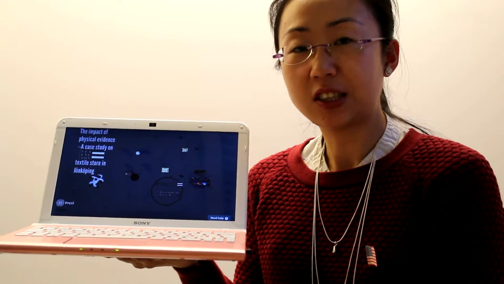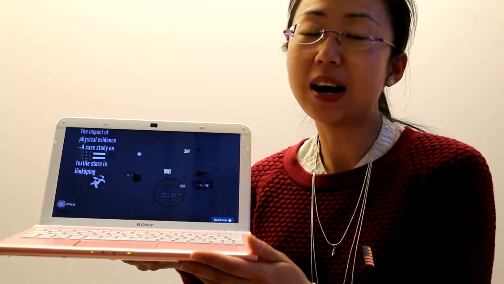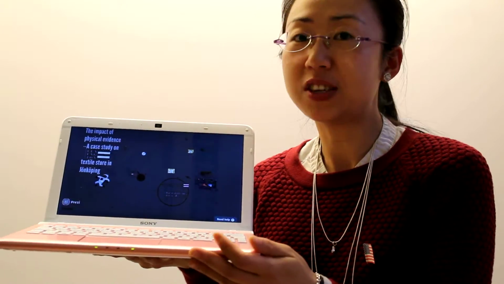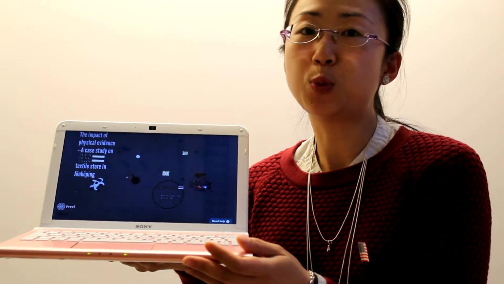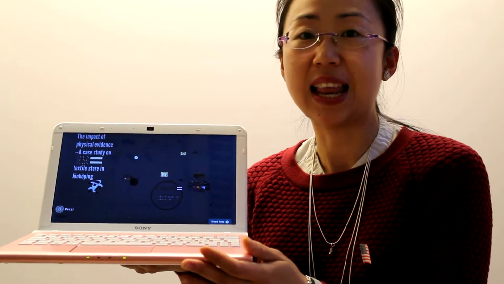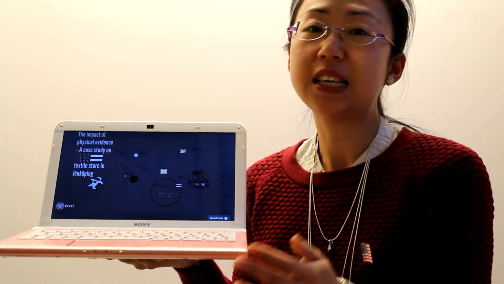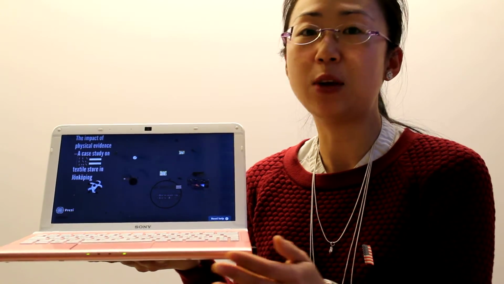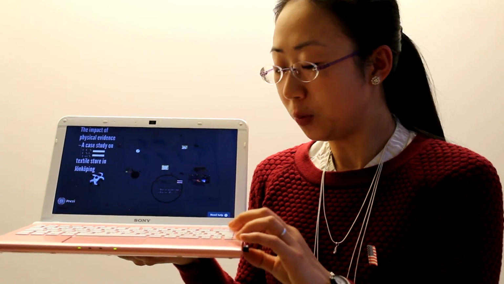So overall, this is the whole journey of our Lexington store shopping. We have to mention that there are some limitations to our project, such as we don't have first-hand data like questionnaires or interviews with employees and customers. But luckily, we used a lot of secondary data to support us. So in the end,